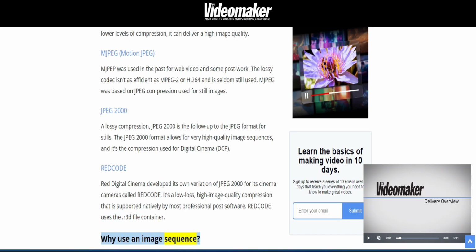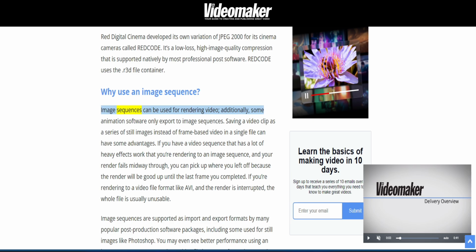Why use an image sequence? Image sequences can be used for rendering video. Additionally, some animation software only export to image sequences. Saving a video clip as a series of still images instead of frame-based video in a single file can have